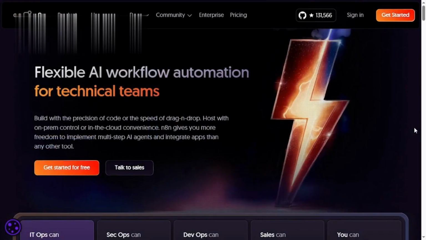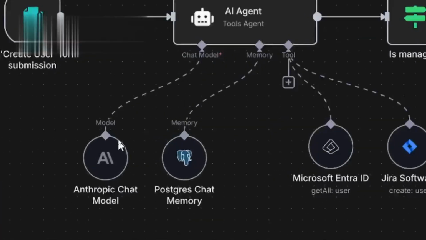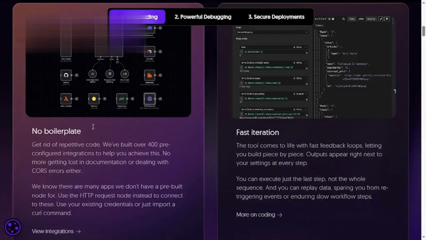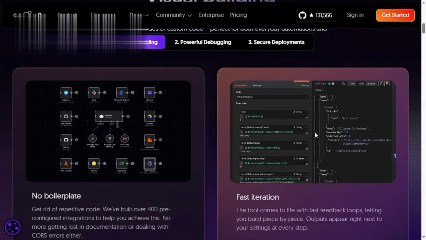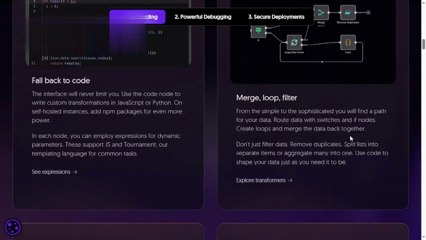N8N is for folks who love tinkering and want full control. It's open source, works with more than 200 apps, and you can even self-host for free. Want to connect Discord with Google Sheets, run AI agents, or automate wild multi-step workflows the way you want, not